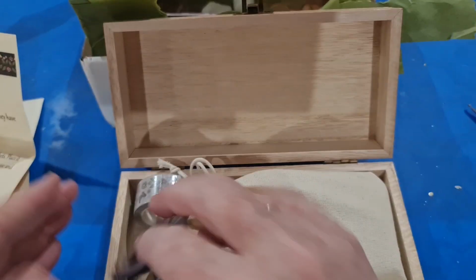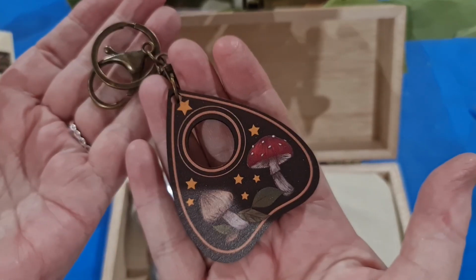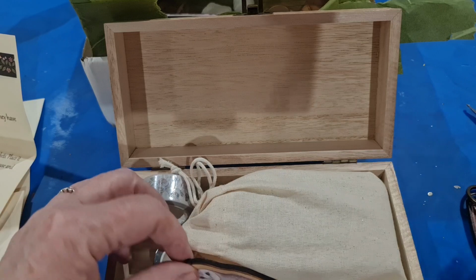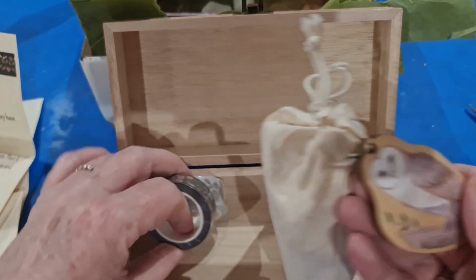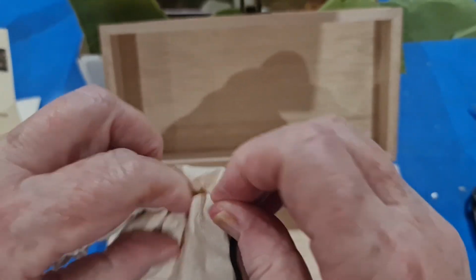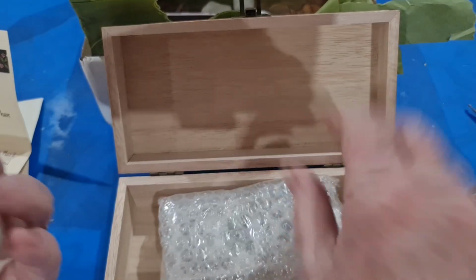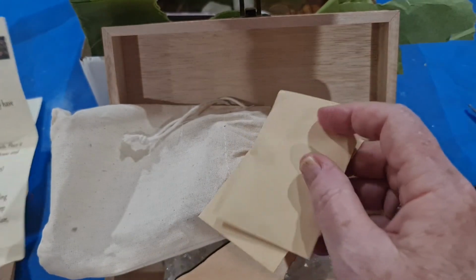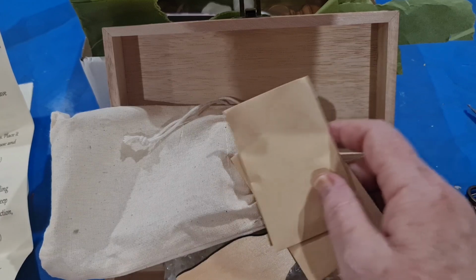Oh, it's got things inside. It's got a little key ring. And, oh, some washi tape. Cool, I always like washi tape. And another little owl, and what's in here? Oh, R and C, so what is this? A decorative little...